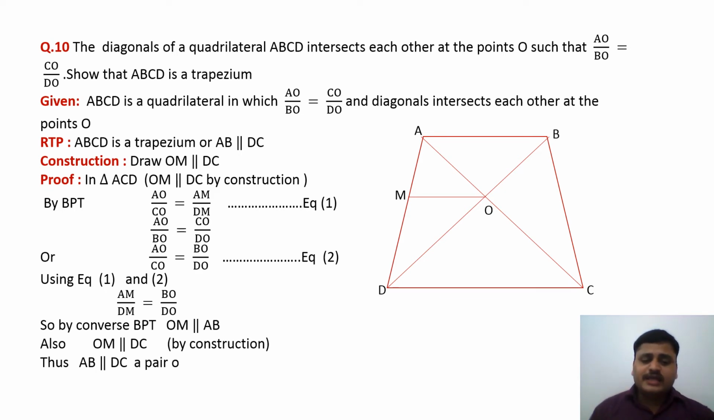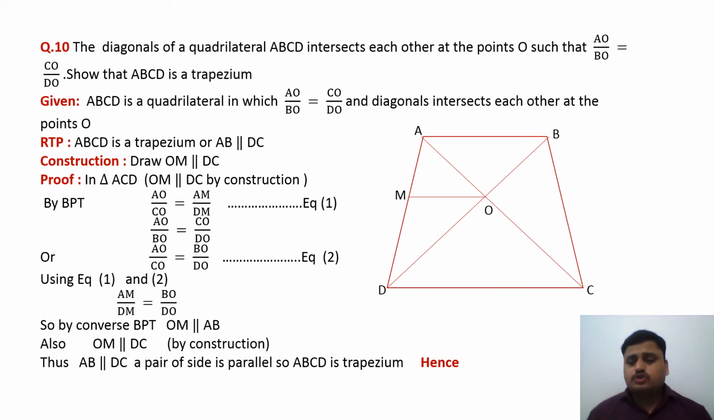And if one pair of sides is parallel, we can say that ABCD is a trapezium. Is it clear? So we can say that ABCD is a trapezium if one pair of sides is parallel. In this way we will prove this question. I think this question was clear to you all. So let's do the next one. Now in this